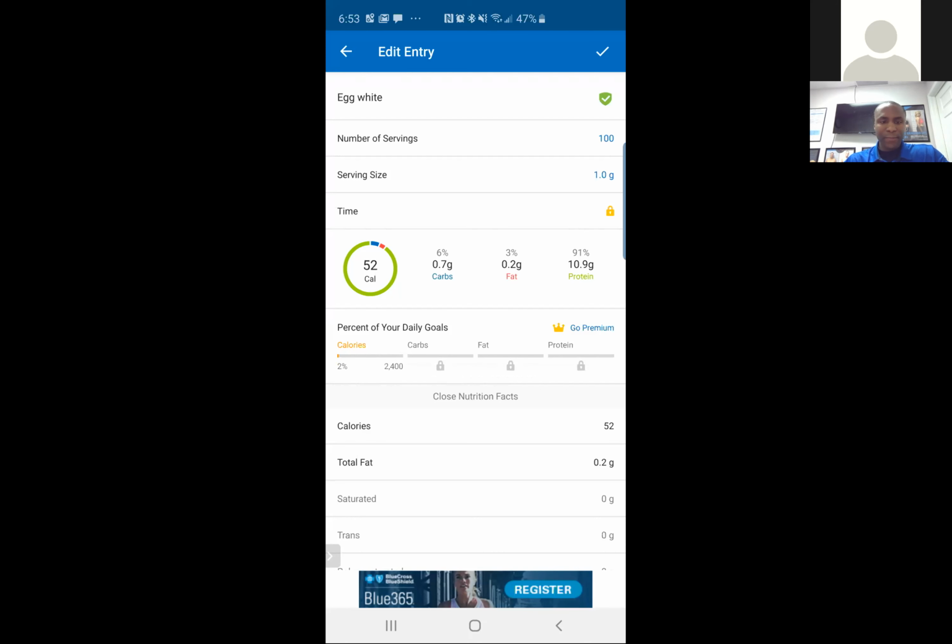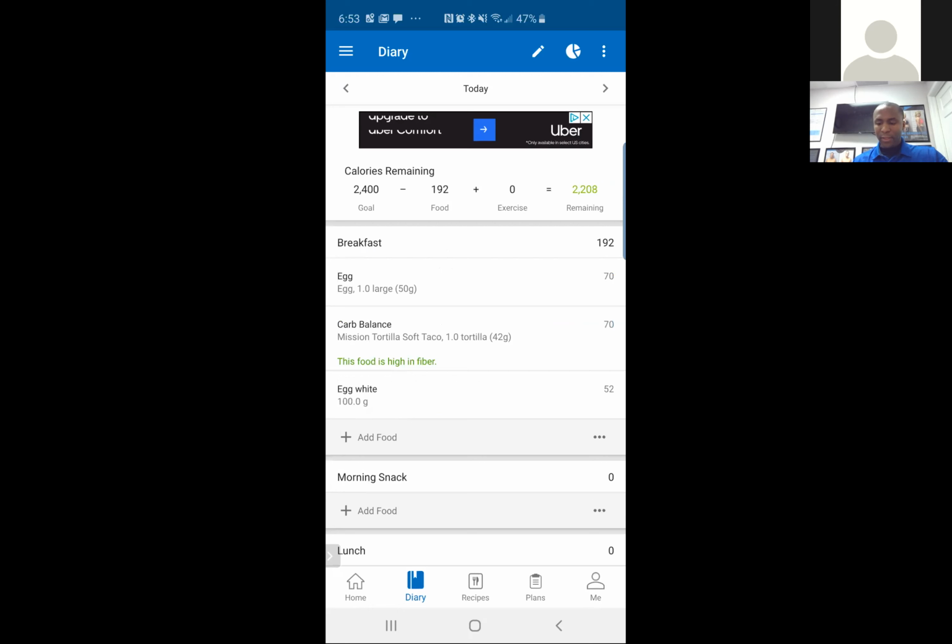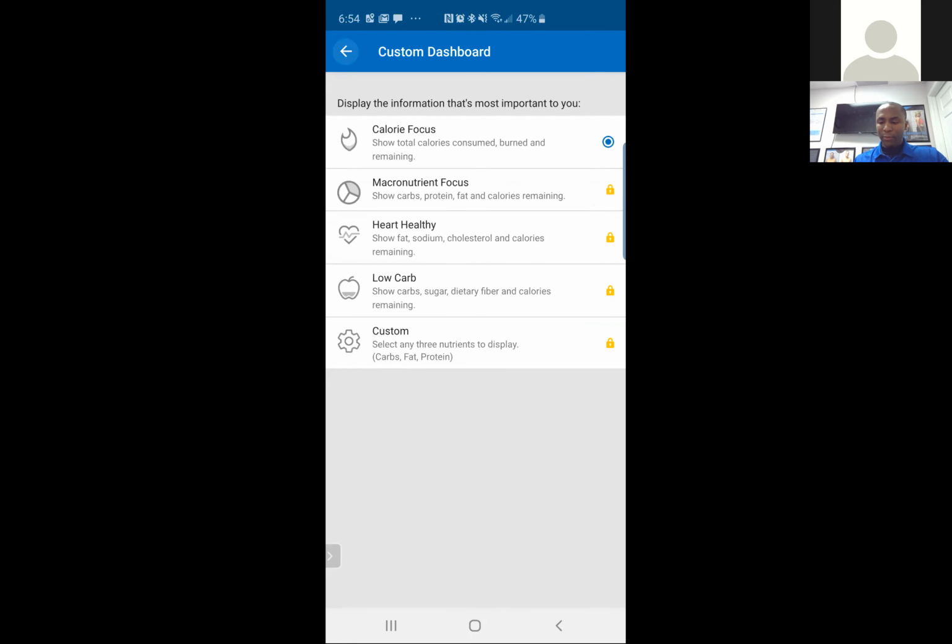So I know this is how much of the liquid egg whites I'm going to have in there versus using a volume-based measurement, which we'll talk about in a little bit. But I know this is how much it weighs because I'm weighing on a scale. So I said I had 100 grams of egg whites, and without the premium version, I can't